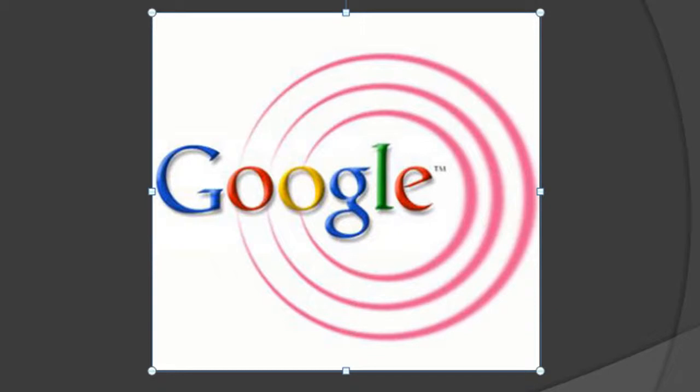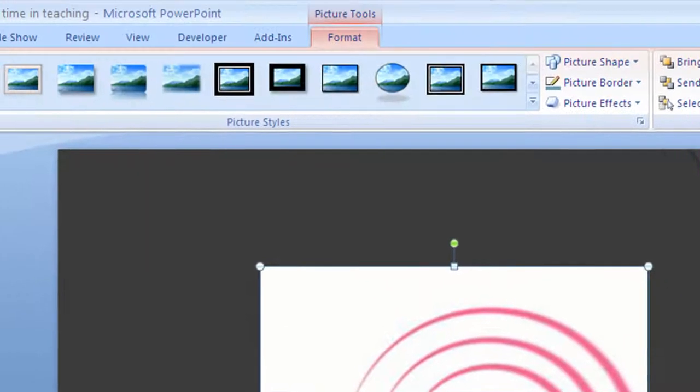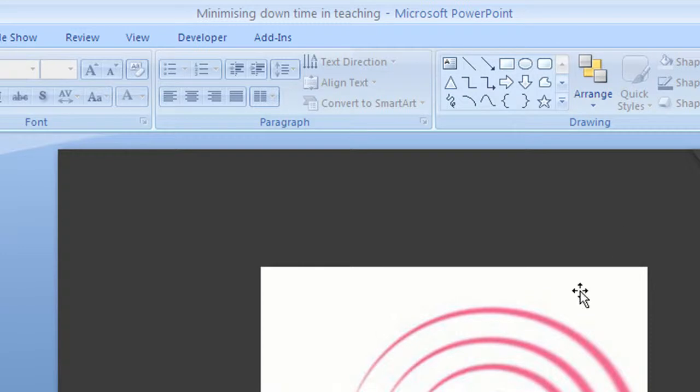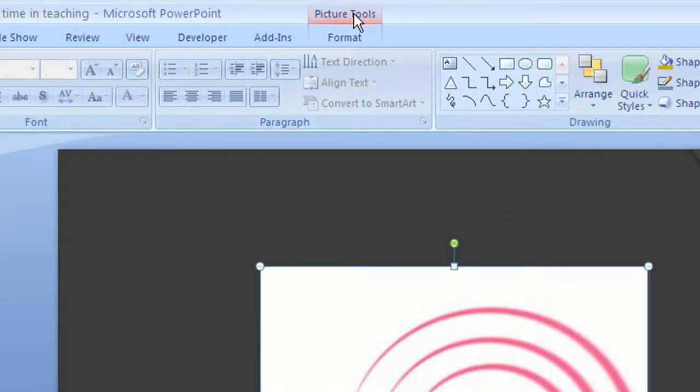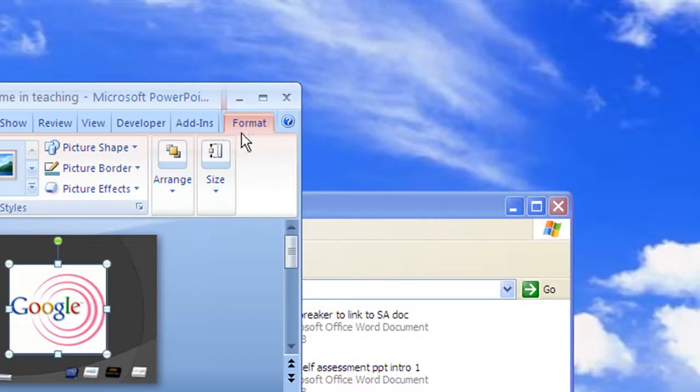Looks quite nice, and it's got a bounding box round it with all the relevant tags in that you can change the size, etc. But what is interesting is if we look at the top, and the cursor's moving towards it now, you'll see that there's a new tag appeared called Picture Tools. If I click off it, there's no Picture Tools. If I click on it, there's Picture Tools. And if I double click on that,